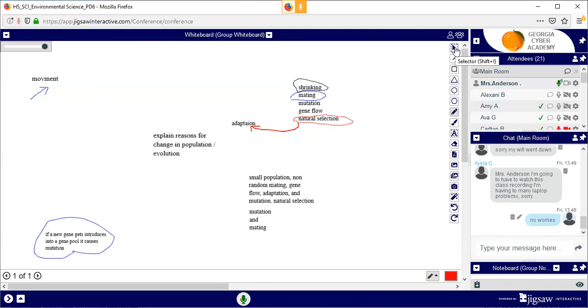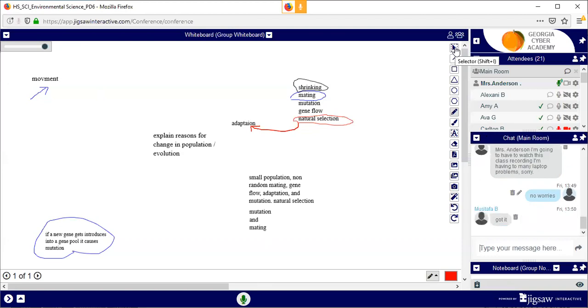Do you guys have questions? Do you understand that there are 2 types of succession? That all of these 5 factors influence the change in population, which will influence evolution and succession.